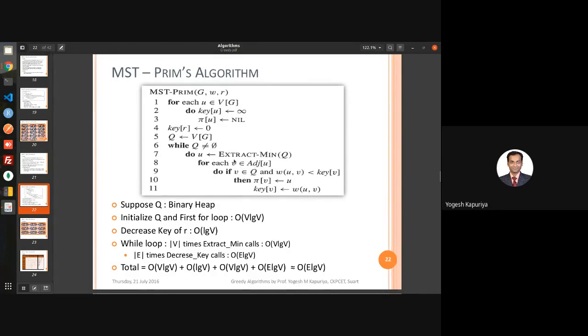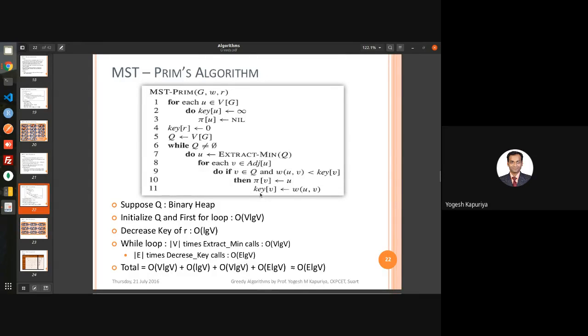So here V belongs to adjacency list of U. That means for every vertex which is connected to U, you are checking two things. First, that the other endpoint should be part of Q. It has to be there inside Q. And second, the weight of UV, that means the weight of the edge which connects U with V. If its value is less than the current key value of V, that means the current key value of the other vertex, then you are updating first the parent of V to U. It indicates that now V is connected through U in the minimum spanning tree.